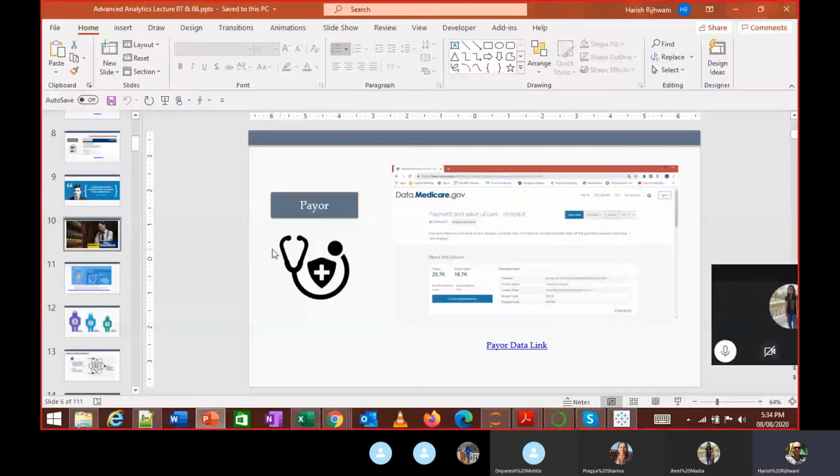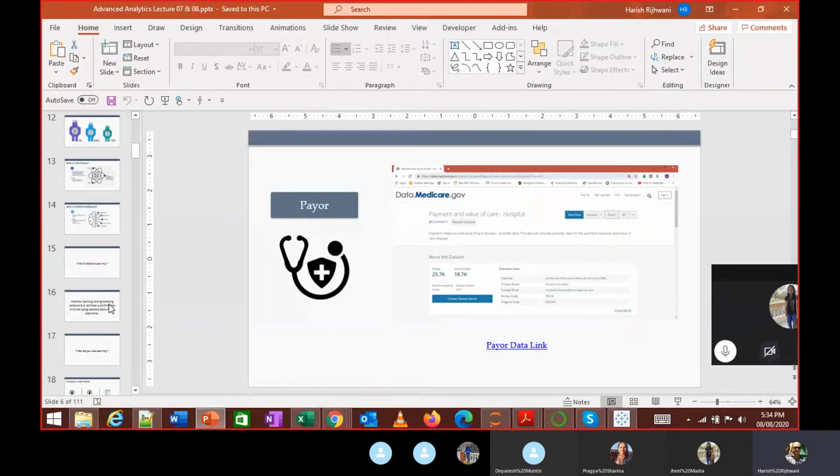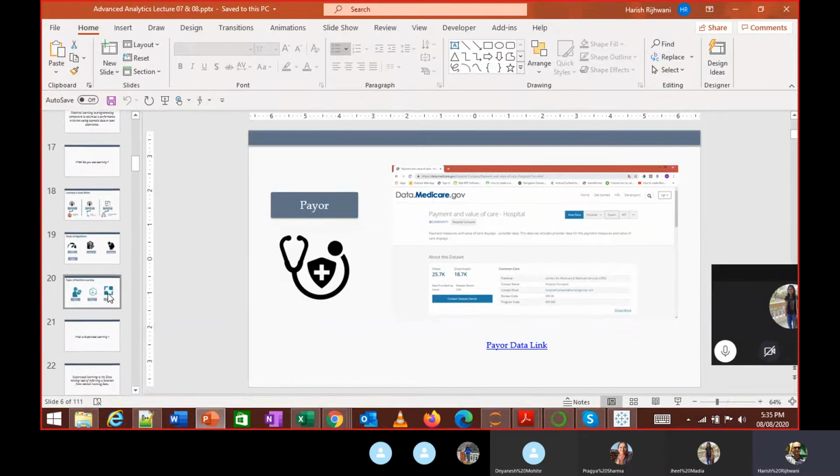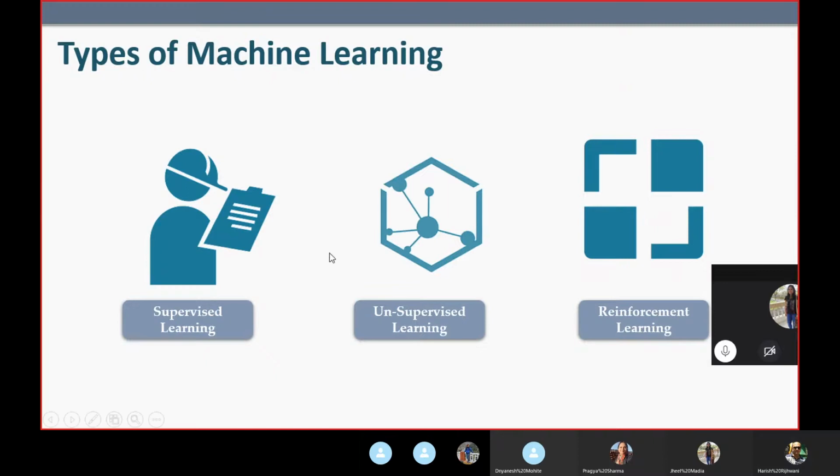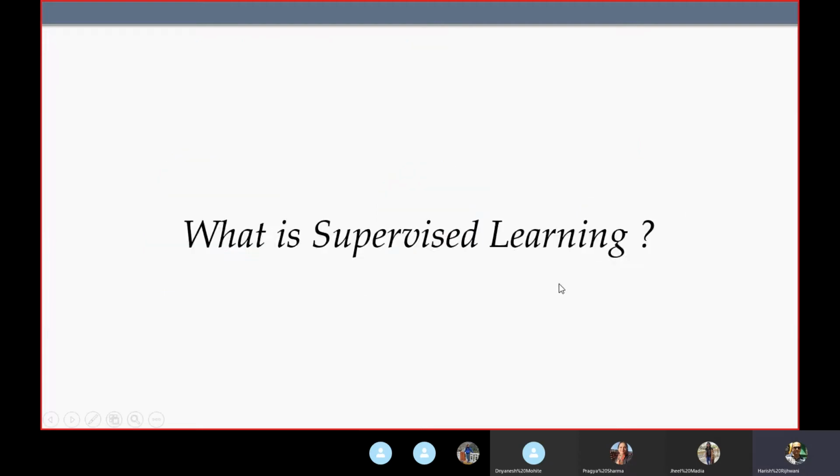With data labels, yes, that is supervised learning. What is unsupervised learning? Wherein you don't have the data labels. And then you have reinforcement learning.